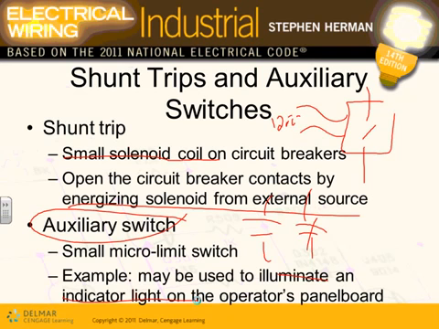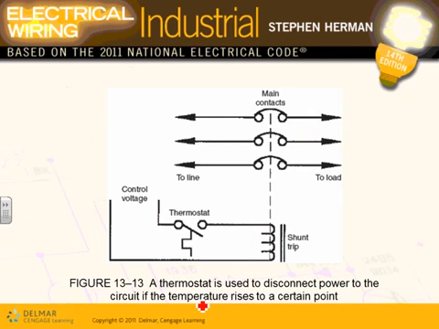Shunt trip, you remotely trip the circuit breaker. Here's what a shunt trip looks like. Suppose that I want to put a thermostat right here that trips the circuit breaker if the temperature reads 100°F. If I want to set the circuit breaker to trip if the temperature in this area reaches 100°F,